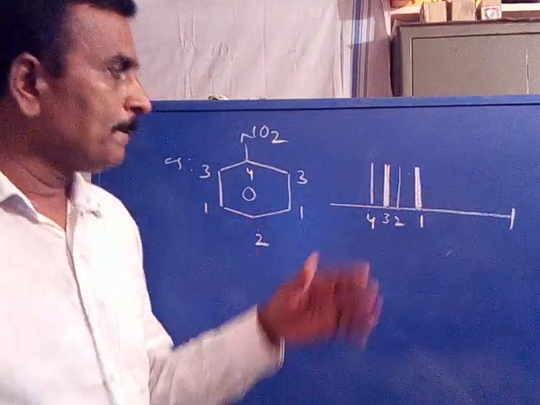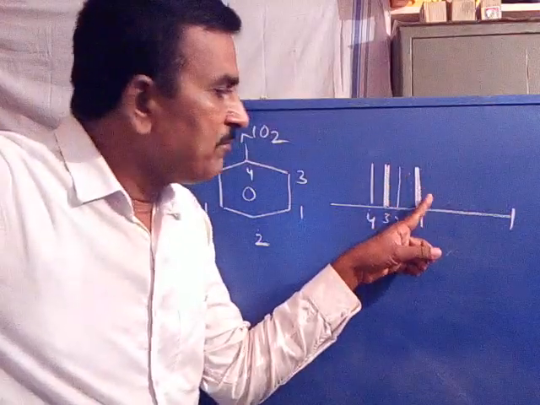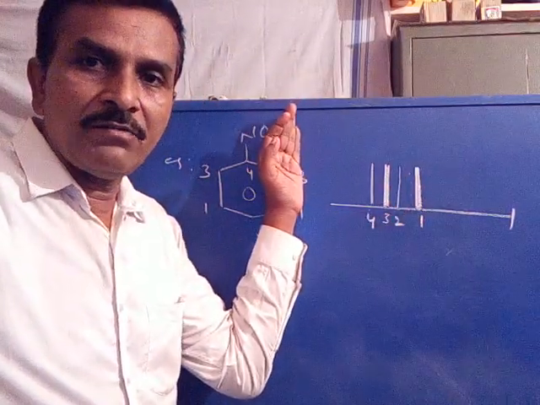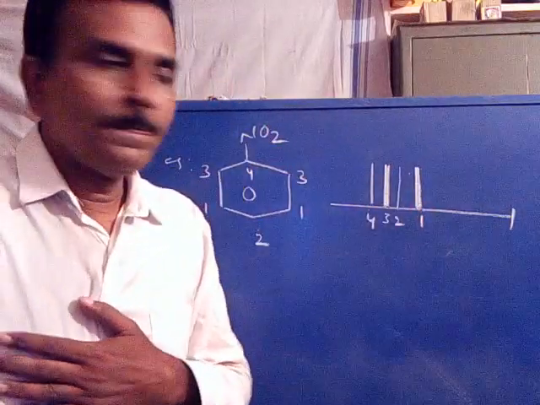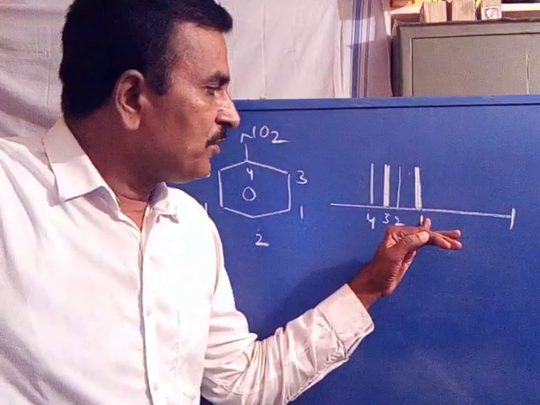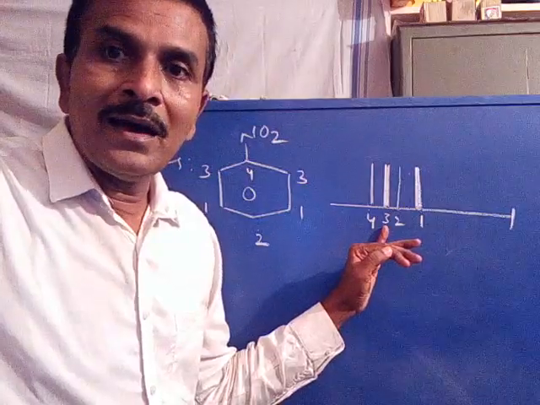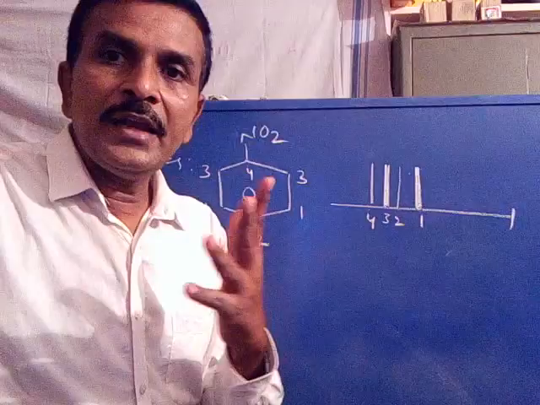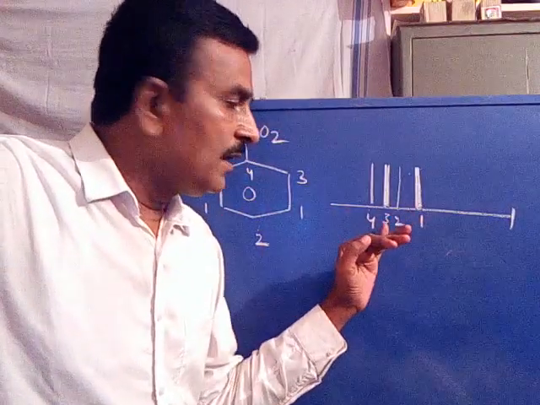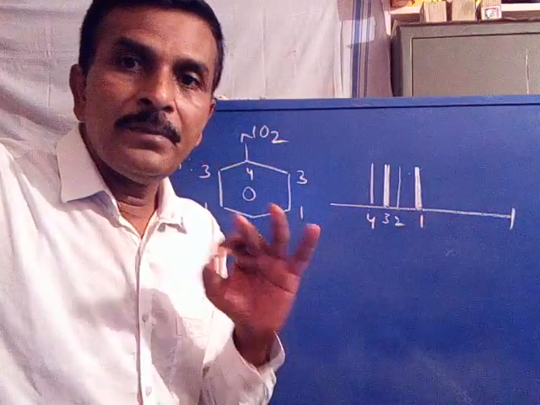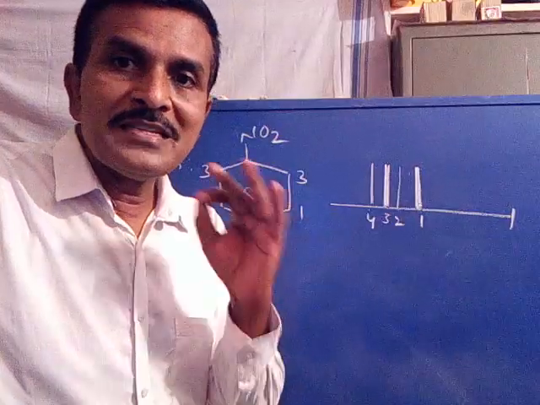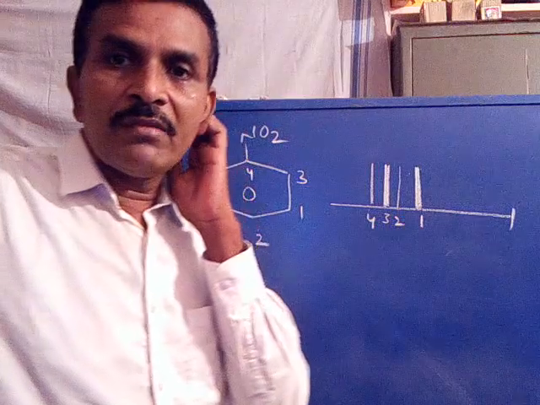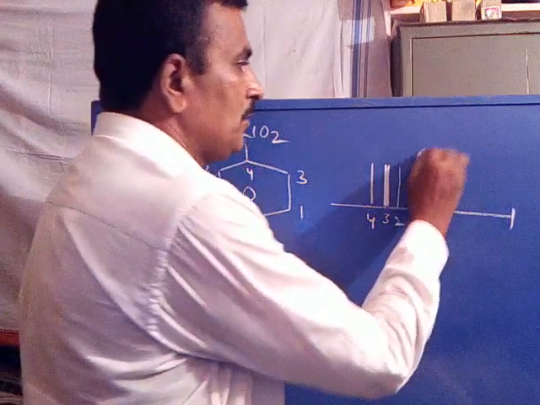What does it indicate? We are unable to see the structure of the molecule, we have only the spectrum. Now it indicates the first and third signals are dark. First and third signals being dark indicates the first signal and third signal belong to a group consisting of more than one equivalent carbon. These two are sets.